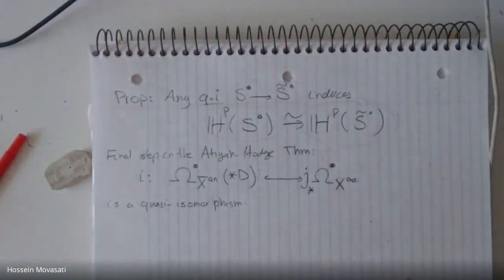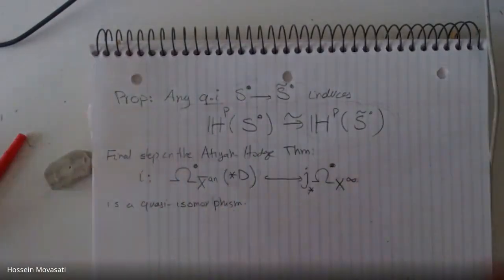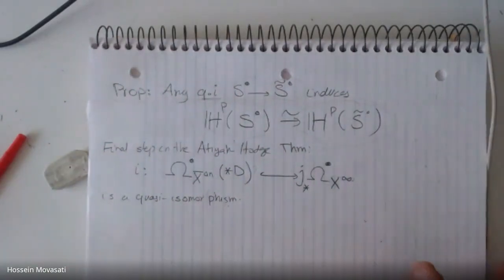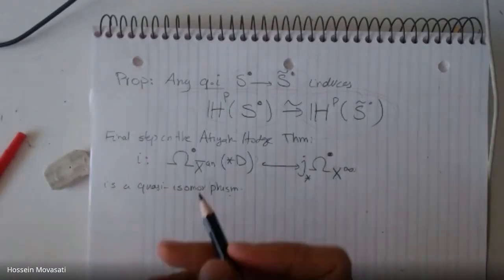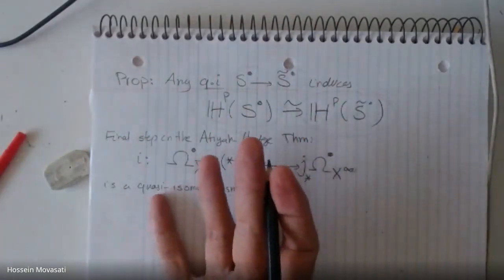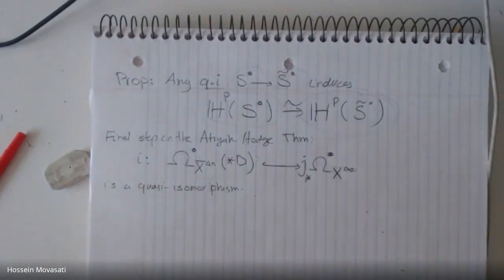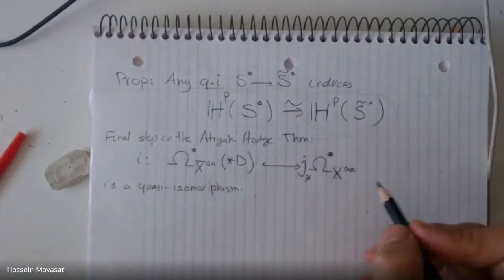Okay, and this is now just a kind of complex analysis. Let me explain a little bit this one. I was planning to talk about Brieskorn modules, but maybe in another lecture I will talk about Brieskorn modules. Okay, so again, just write down what is the definition of the quasi-isomorphism. Remember that